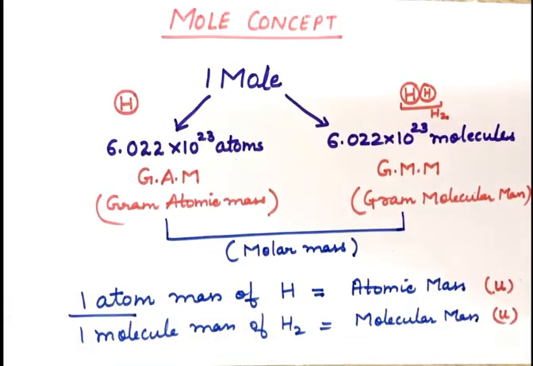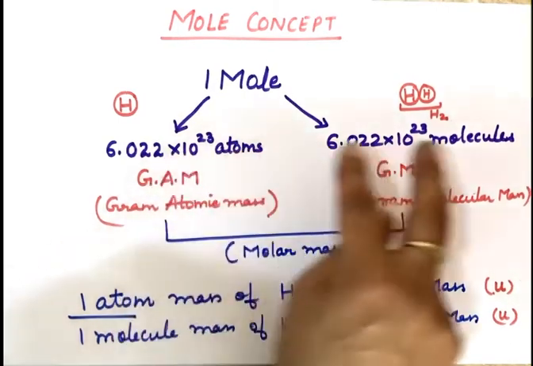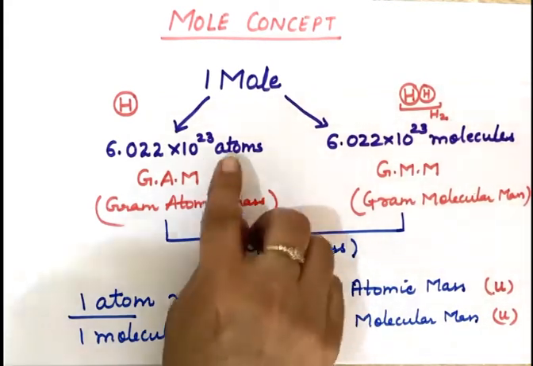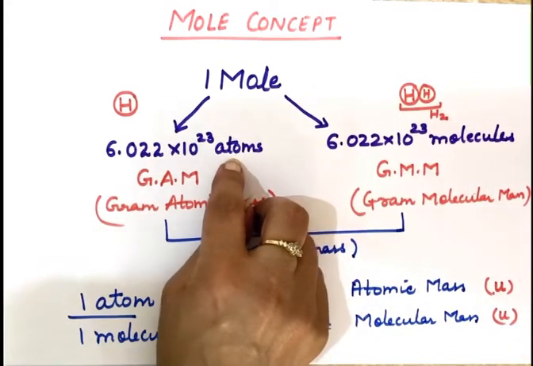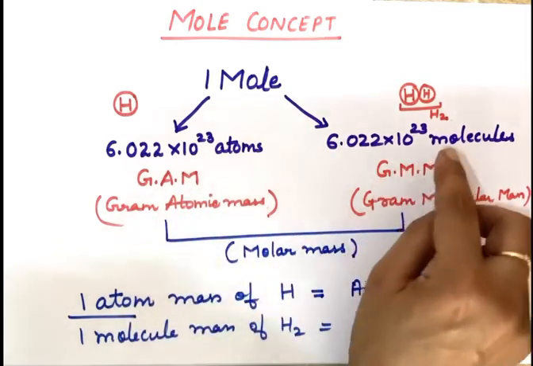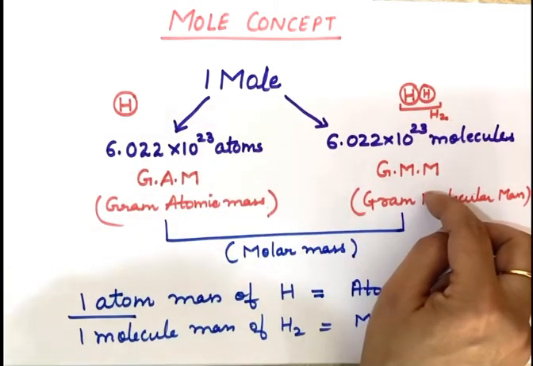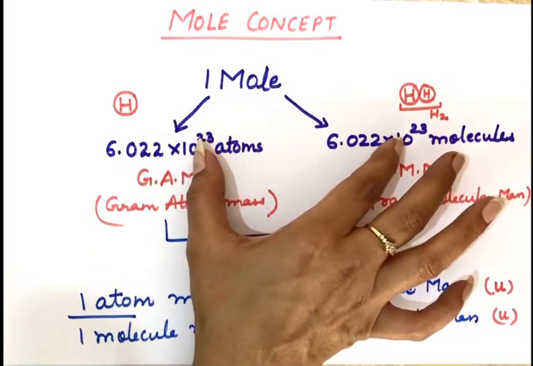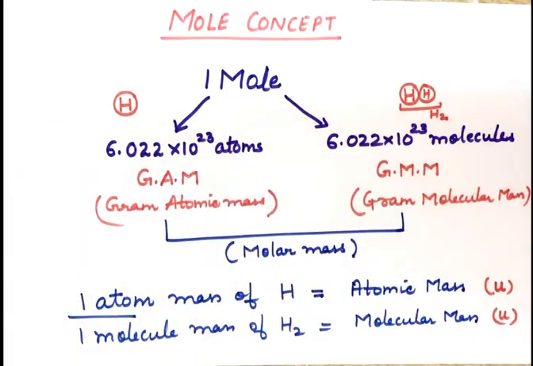This is the difference between 1 atom or 1 molecule mass, and these many number of atoms and these many number of molecules mass. Now this number is a specific number. This was actually calculated by Avogadro, that if these many atoms are taken, the mass of these will be known as gram atomic mass, and the mass of these many number of molecules will be known as gram molecular mass. That is why this number is known as Avogadro number.